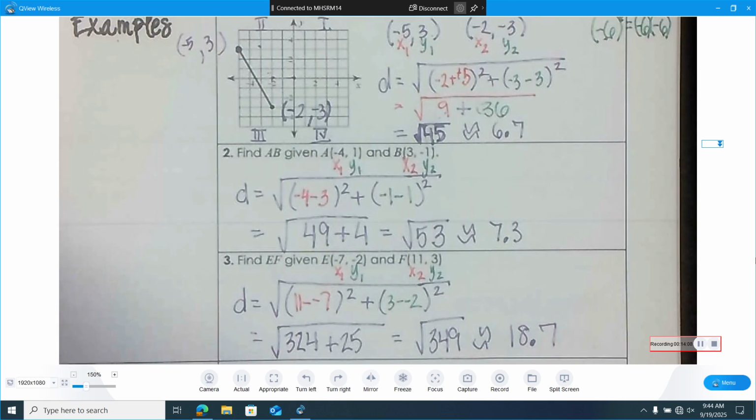Okay, fantastic. Today we are doing a little stations activity around the